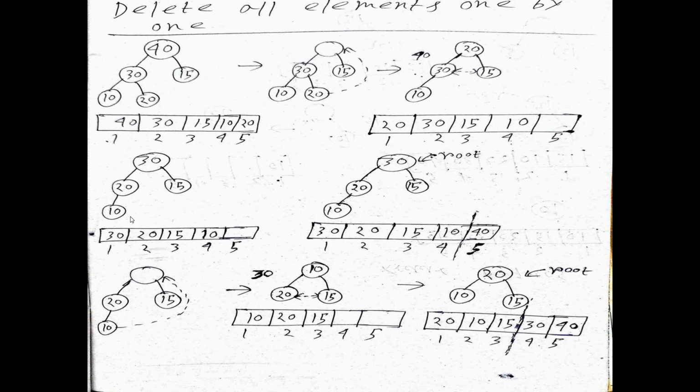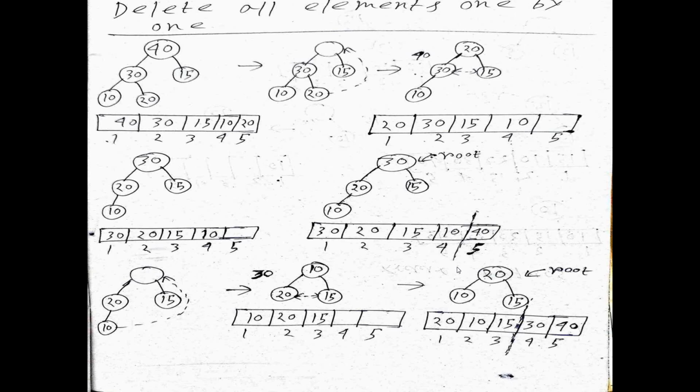Now this is the representation. If you observe, there is a free place, that means your element is deleted. That's why there is a free space. Now what is the procedure? This tree, we just repeat with this tree. After deletion we are getting just this tree. So there is a free space,